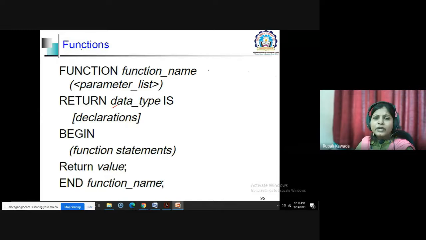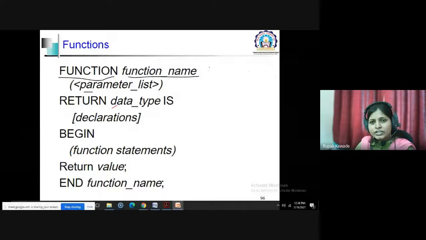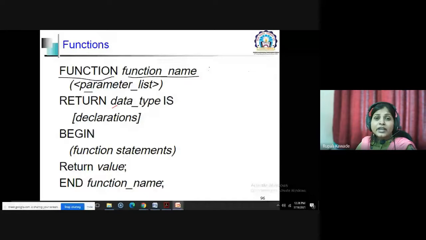If you have to write a function in VHDL, then initially there will be the keyword function. After that, you give the function name, and in brackets you can pass the parameters. We know that if you have to write a function in C, you write a return type, then the name of the function, and then in brackets you mention the different parameters that can be passed to your function.